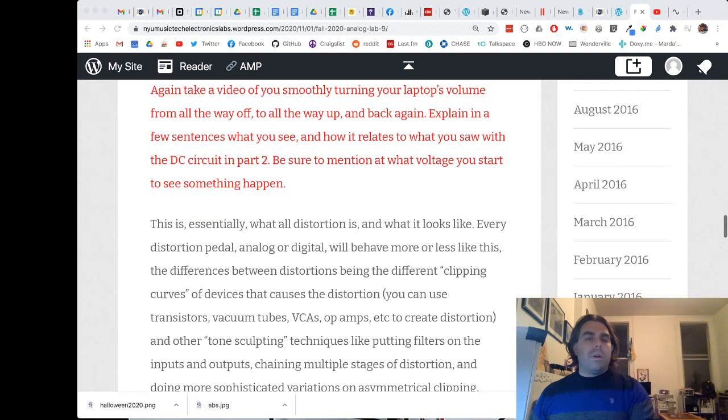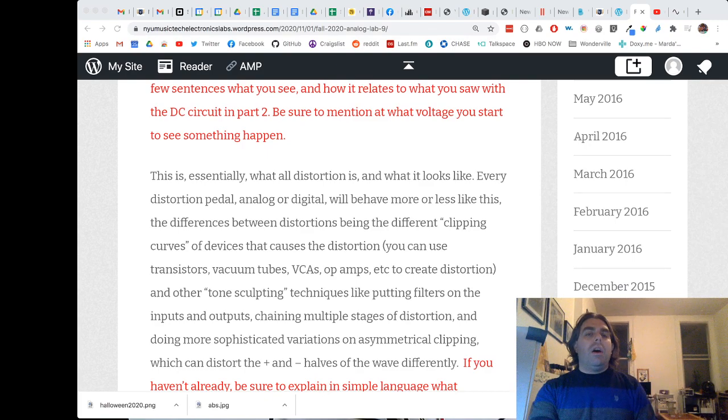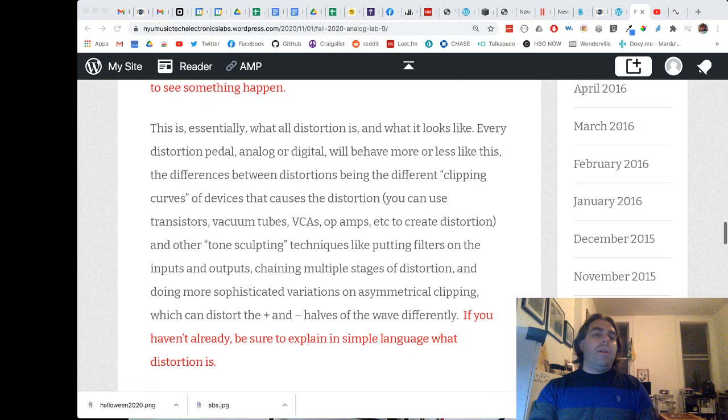So, basically, okay, small explanation. This is essentially what all distortion is, what it looks like. Every distortion pedal, analog or digital, will behave like this. The differences between distortions being different clipping curves of devices that cause distortion. So you can use transistors, vacuum tubes, voltage-controlled amplifiers, op-amps, etc. to create distortion. And other tone sculpting techniques like putting filters on the inputs and outputs,